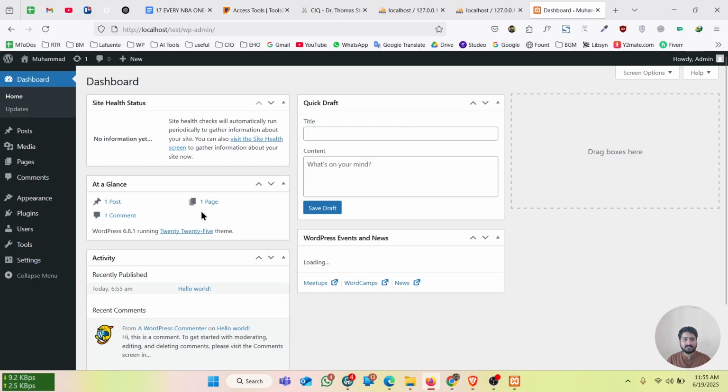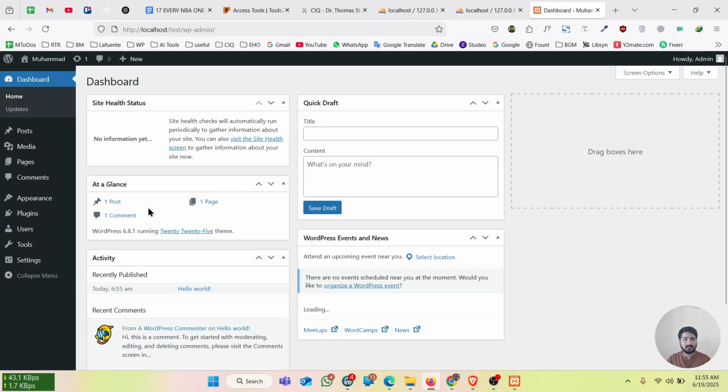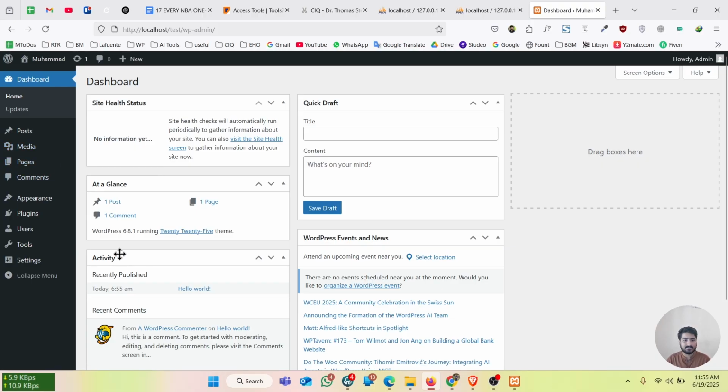Here you go. You have successfully installed WordPress on your localhost, and you can access it anytime and practice WordPress, and you will have the same experience that you have on your live website that you make on any hosting provider service. So there are a couple of things you need to remember.